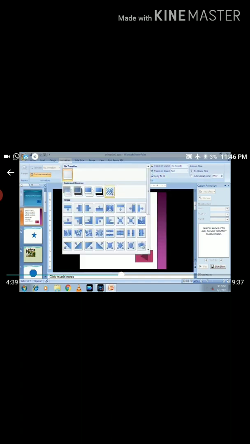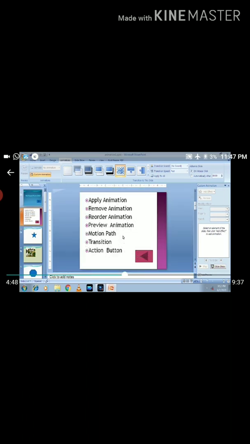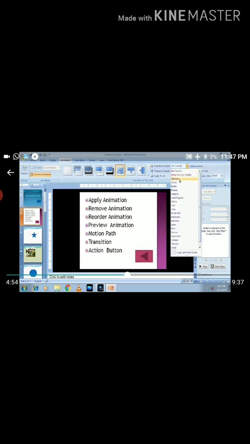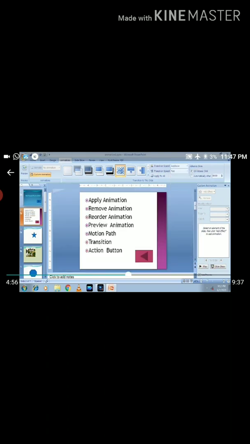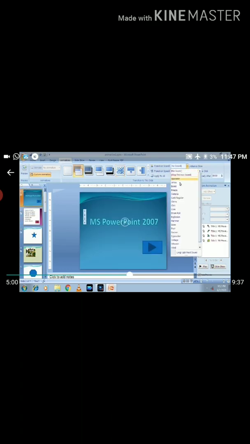Here I am giving you the slide transition. See, this is the slide transition effect, checkerboard, applied as the transition to this slide. You can give sound also from this effect.